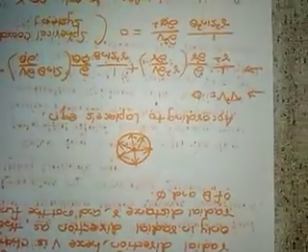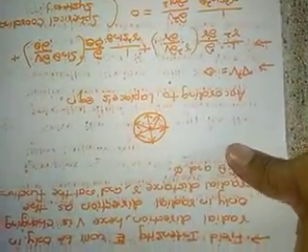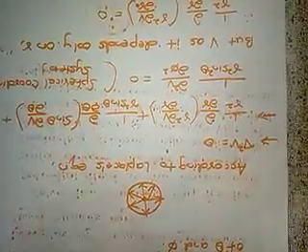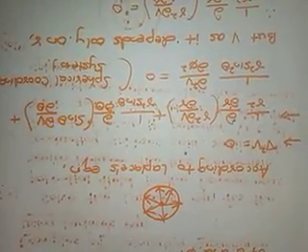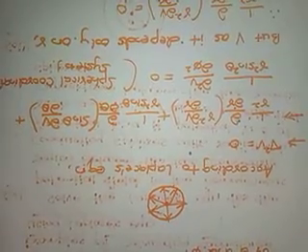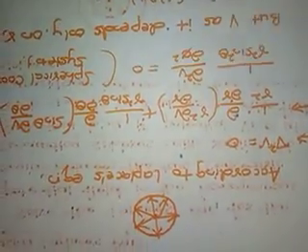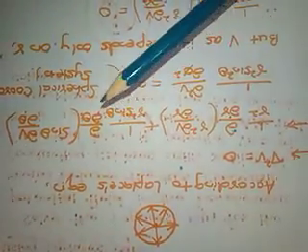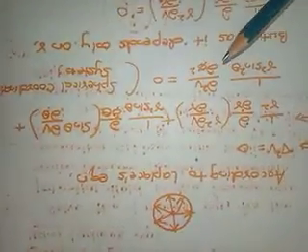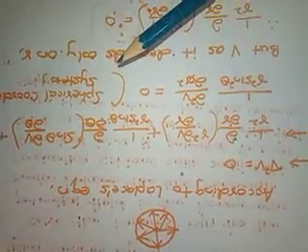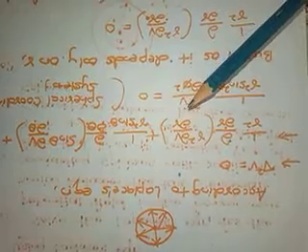According to the Laplace equation, del square V is equal to 0. Now we have to write this Laplace equation for the spherical coordinate system, because the problem gives us spheres. So: 1 upon R square dou by dou R, R square dou V by dou R, plus 1 upon R square sin theta dou by dou theta, sin theta dou V by dou theta, plus 1 upon R square sin square theta dou square V by dou phi square, is equal to 0. This is the equation for del square V in the spherical coordinate system.